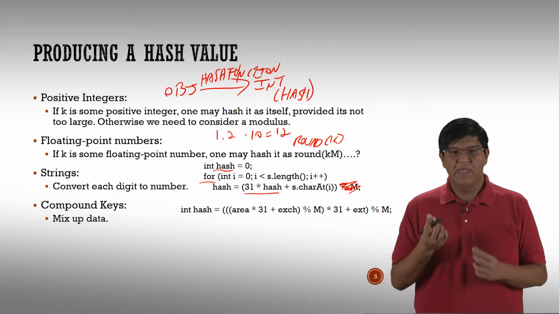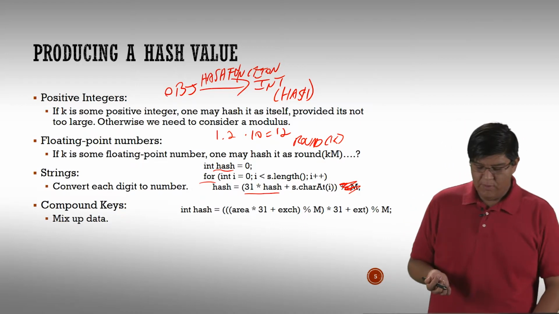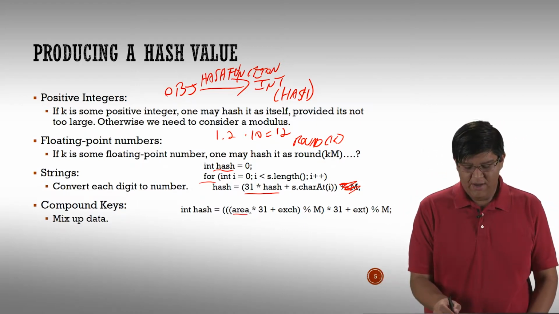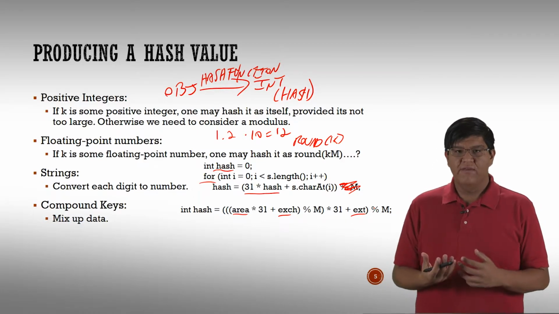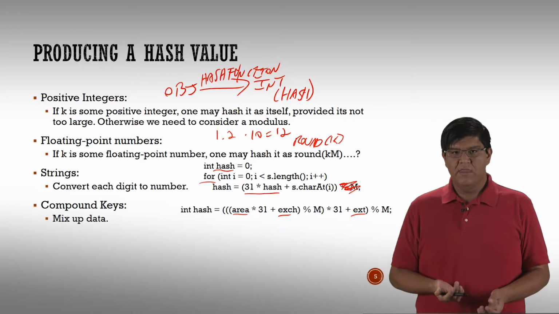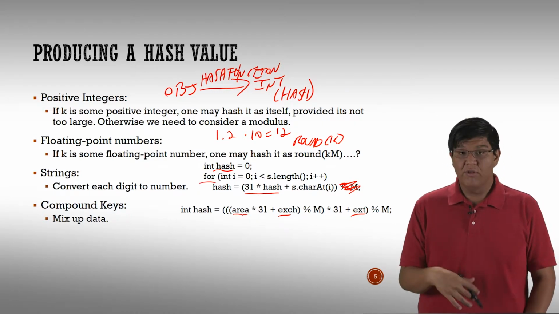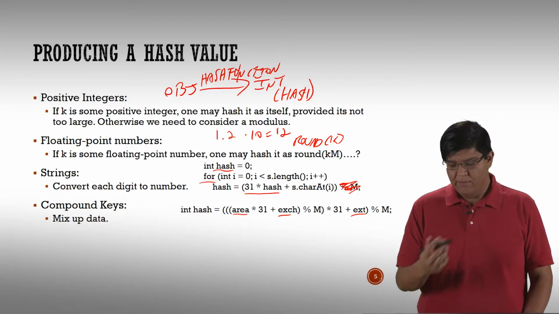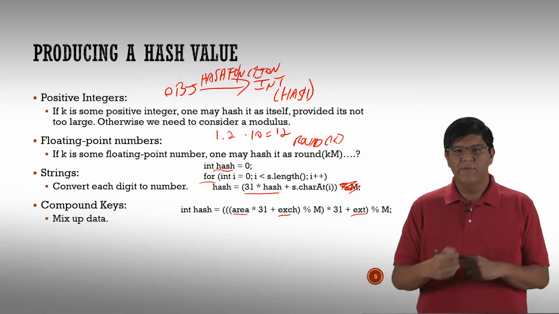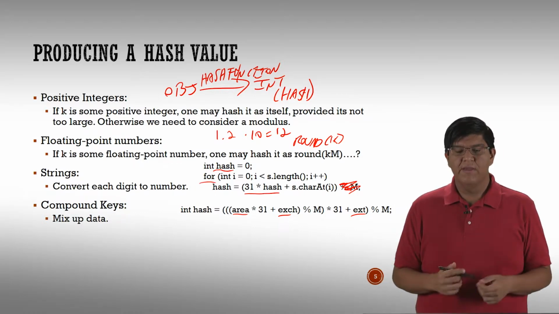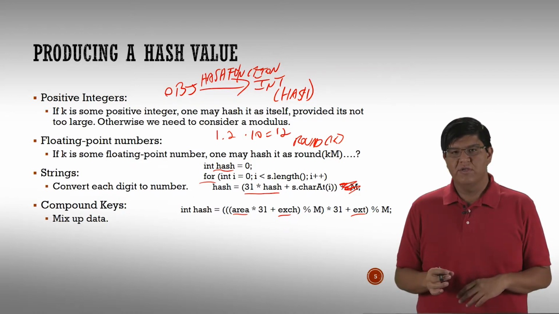All right, last one here is compound types. So I have a key that has a compound data type, meaning that there are different pieces in it. For example, maybe I have something that has area, exchange, extension. How do I generate a hash for something that has different things in it? Well, just take the approach of that loop. We take the area, which is some number multiplied by something, add an exchange, then do a modulus, then do another multiplication, do another add. Basically, doing this sequence of multiplications by a certain number, and then as it gets too big, maybe throwing in a modulus to wrap it around and get it to be a little bit smaller,